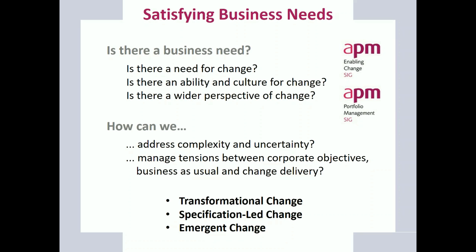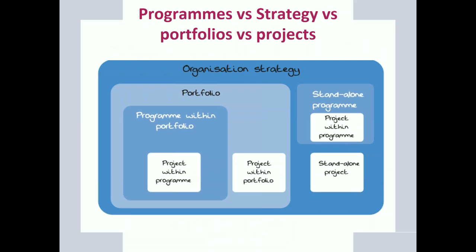The second half of this slide, we are talking here about addressing complexity and uncertainty. There is a huge challenge that runs between the change agenda, where the projects and the programs sit, and the business as usual activities. I will return to this more later, but one of the biggest challenges for the program manager and the program staff is creating the conditions for project success by building that relationship with the business as usual activity, who in most cases are the ones who've got to realize the benefits, and the project-led activity dealing with change.